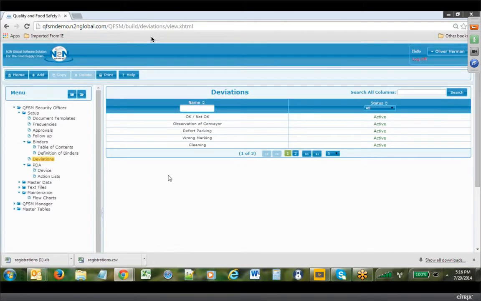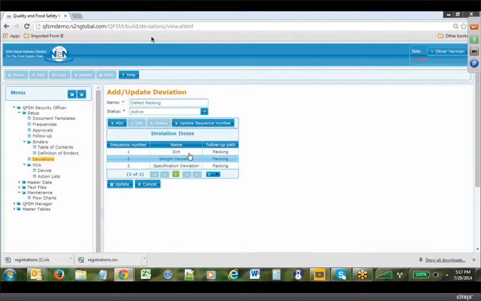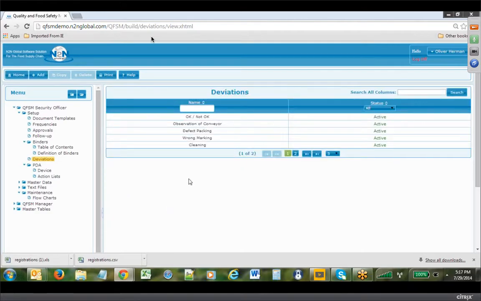Deviations, or deviation reports, I'm sorry, deviation lists. So when you're taking a task, you've got a numeric range. It could be temperature, parts per million, whatever it is you want it to be. You define the thing and the range. But you might have a list of things. So, for example, if you're looking at an item, you might say, hey, if I spot any of these things, that's a deviation. And so when they come up with that monitoring check we saw, instead of a number you put in,